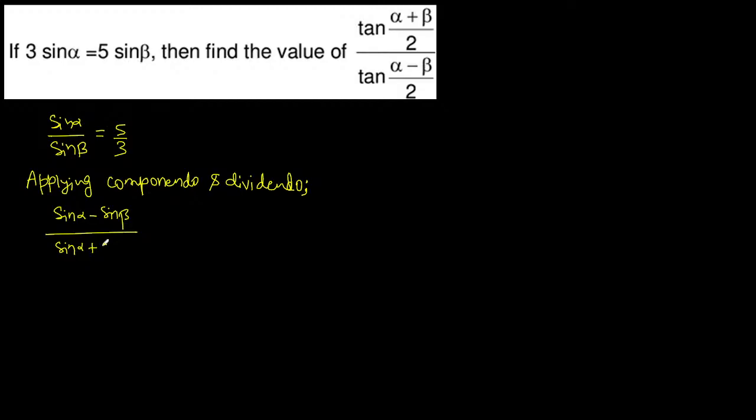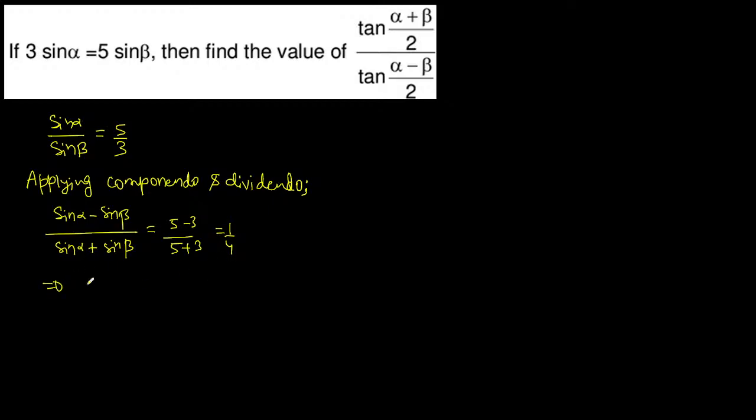Applying componendo and dividendo, we have sine alpha minus sine beta upon sine alpha plus sine beta. So 5 minus 3 over 5 plus 3,